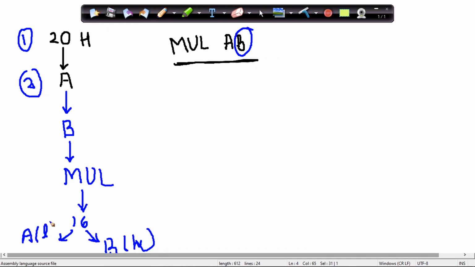Since I have to perform all operations in terms of register A, I should take this data first to my destination, then take a copy of B back to A, and then store that into the destination address. Okay, so this is the logic behind how we are going to perform the square operation.